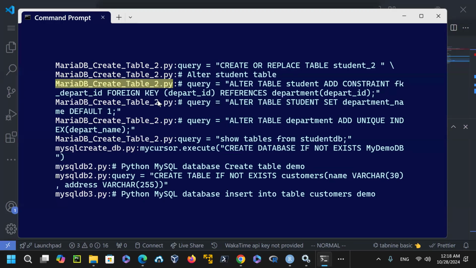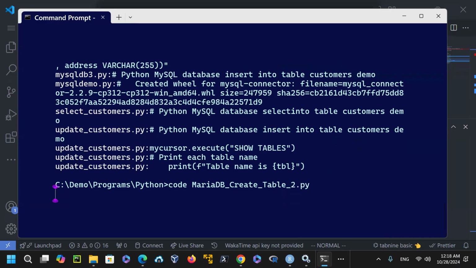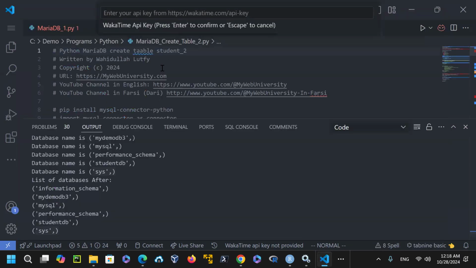MariaDB create_table_2. Let me just show you that one. I'm going to say code MariaDB_create_table, create. I'm going to open this one as student 2, the one that I created afterward, because the